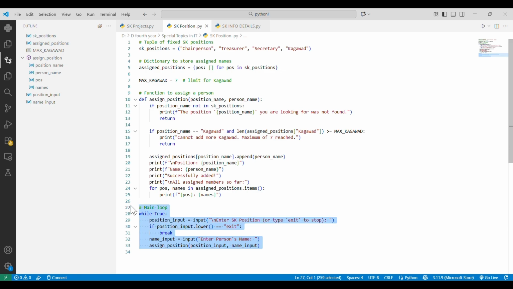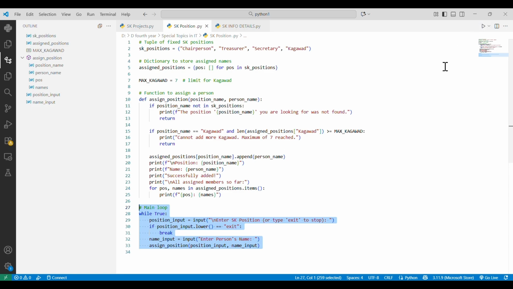So here, the last part, the program repeatedly asks the user to enter a position and a name. Typing exit stops the program. Each input is passed to the function to validate and assign. This loop allows multiple entries, making the program interactive. That's all, sir.